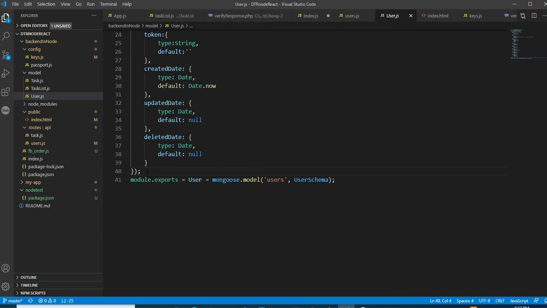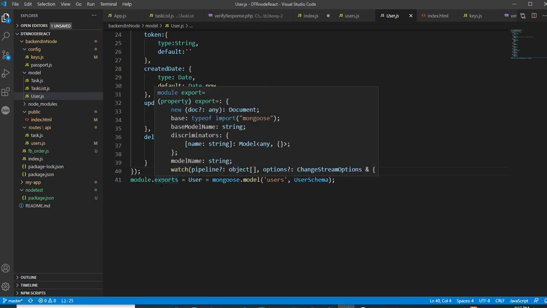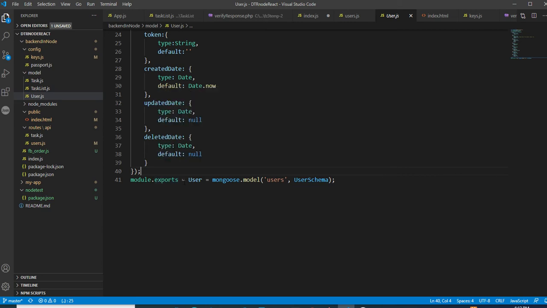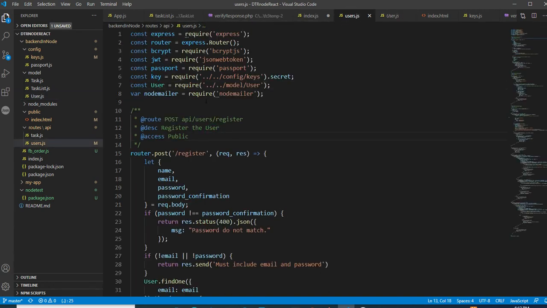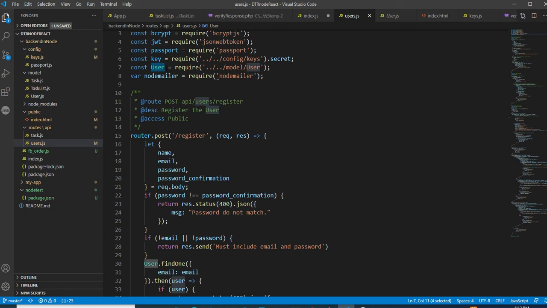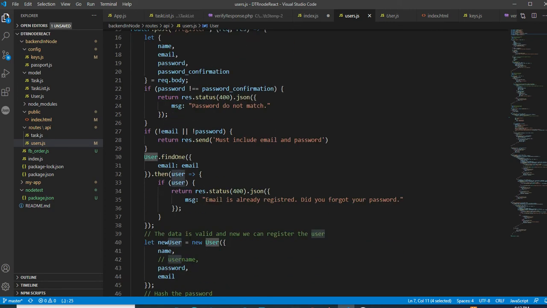Okay, so you understand that in the user table you have provided this schema design, and this is a skeleton, you can say, some of the detail, and based on that it is working. And module.exports is equal to user. Now you have exported the user, the name is user, and you have imported it in this particular library. Okay, you have imported it, and using this model you can do many types of CRUD operations. So you understand.